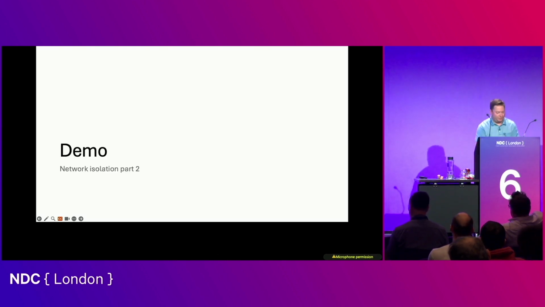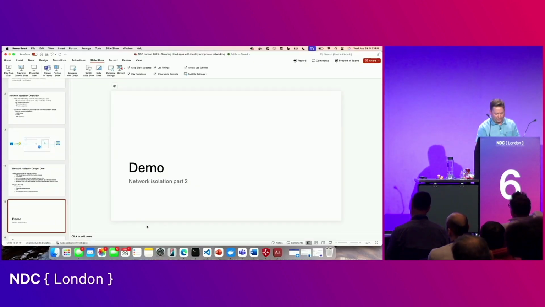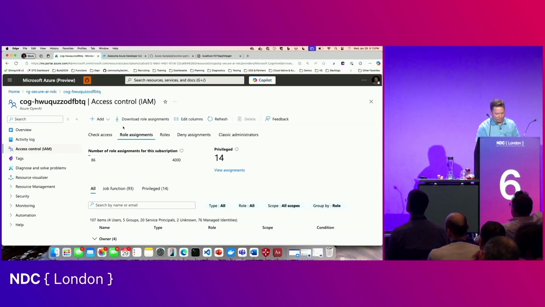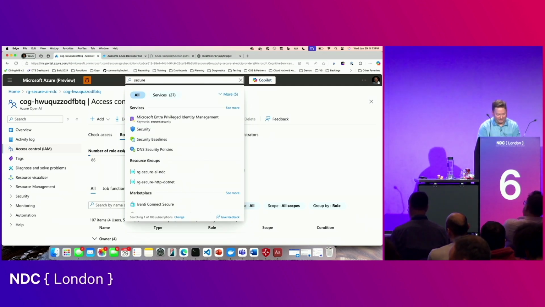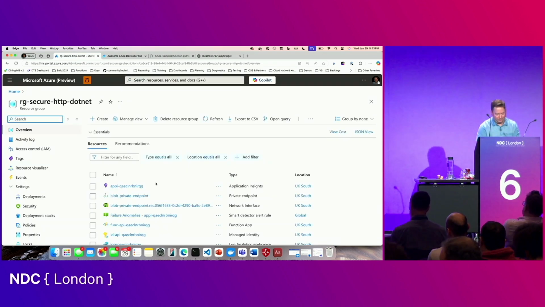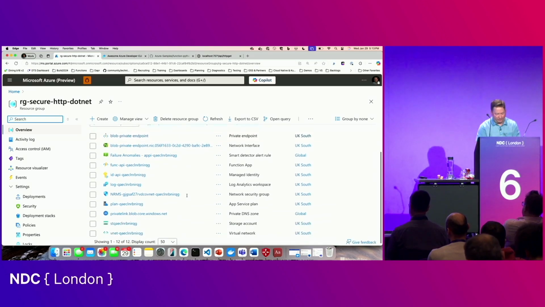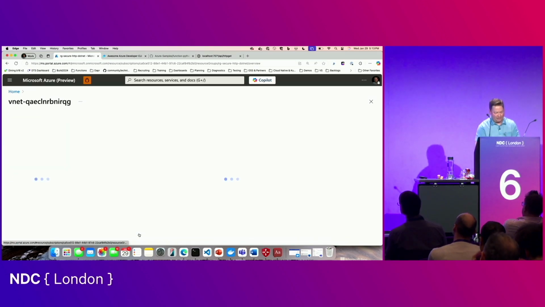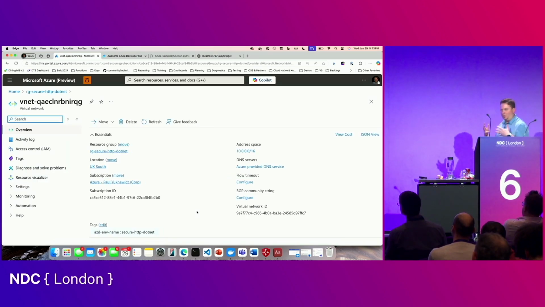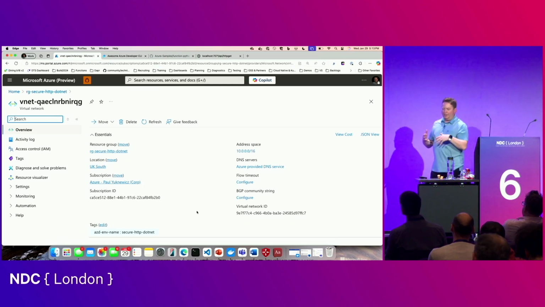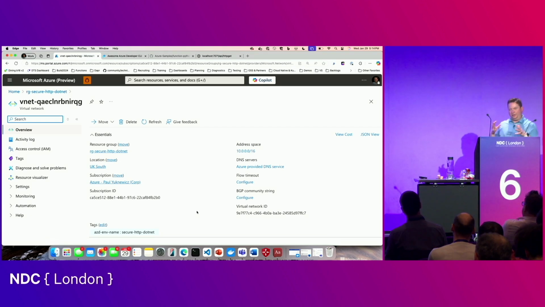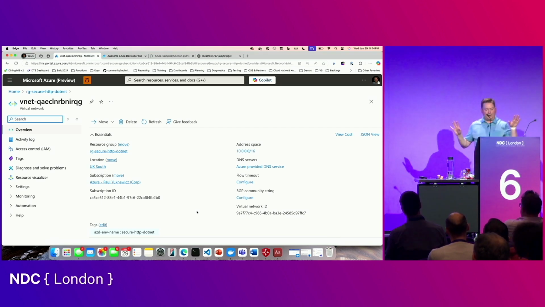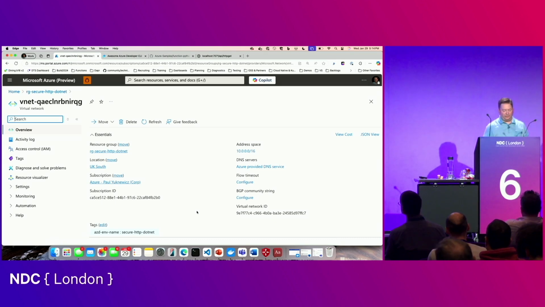All right, and with the rest of the time I have, I want to show you a demo of this. So we're going to go back to the same hello world, the secure hello world. All right, so here we go. And let's look at some of the concepts we added. So we added a VNet, right? And this is our corporate or our private network just for our service. And rule of thumb, only associated things that should talk to each other belong in the same VNet. Everything else absolutely should be out of your VNet, no questions asked.